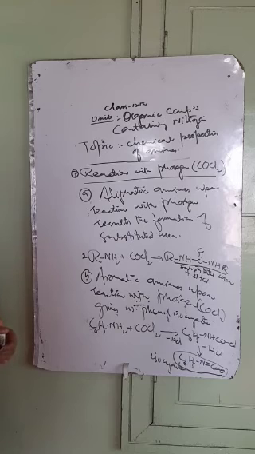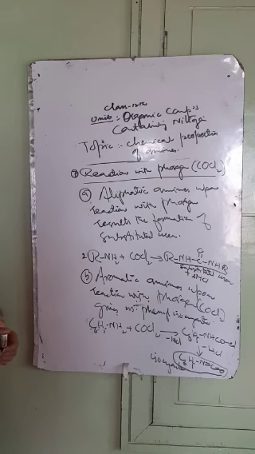Then we have the reaction with acid halides where N-substituted amides are formed. Then we have the reaction with aldehydes and ketones, where primary amines give us the Schiff's base, while secondary amines react with